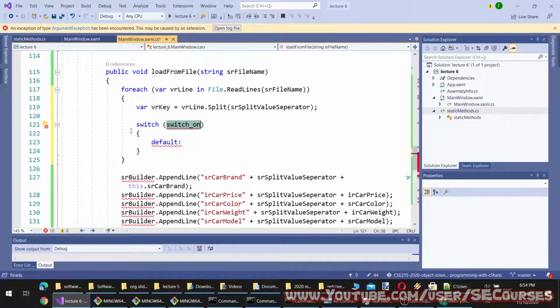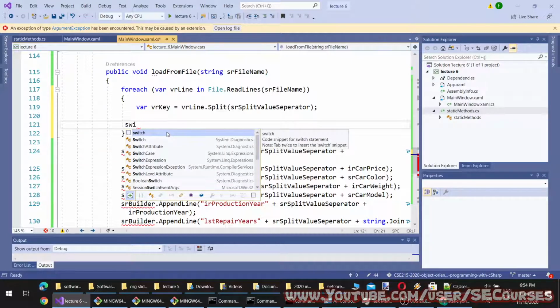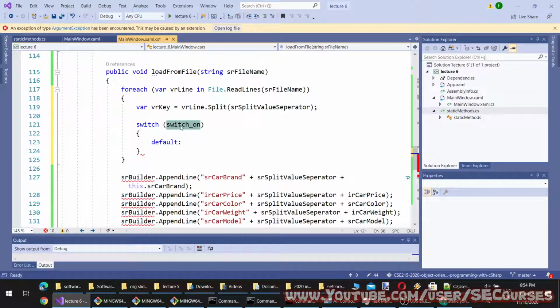How did I make it appear like this? When I type SWE, the code snippet appears, and when I double tap, it generates like this, and it will take vr key, and the values will be like this.